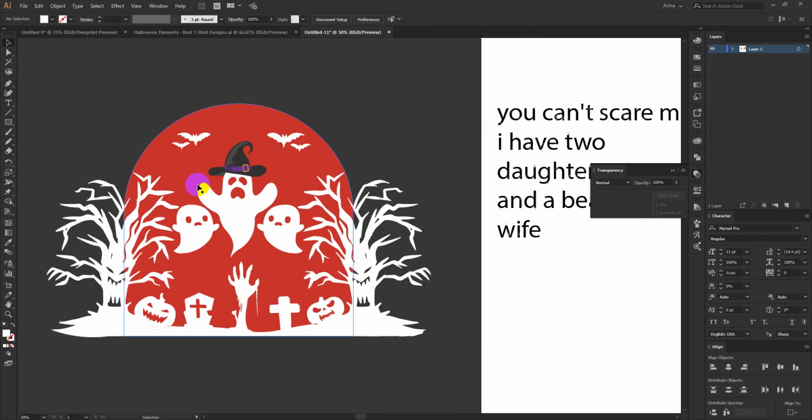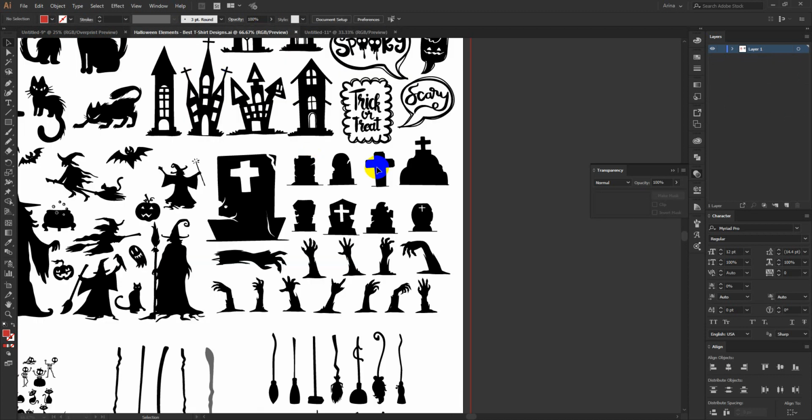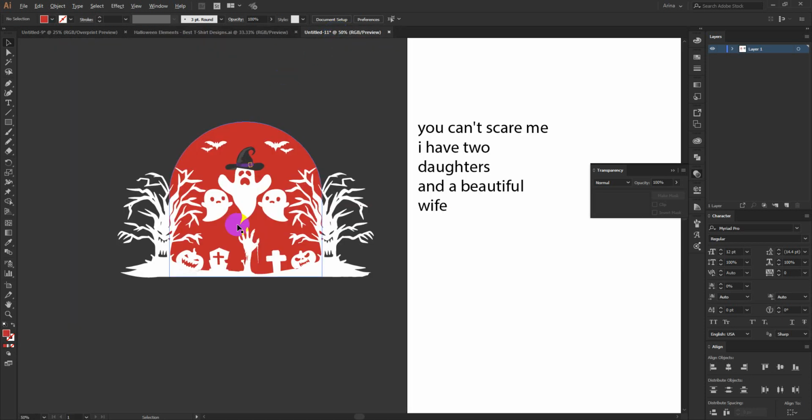So for this design, this is going to be my background. Here I am using this rounded rectangle shape, and these are all elements from my Halloween pack. You can just use them. So for this one here,